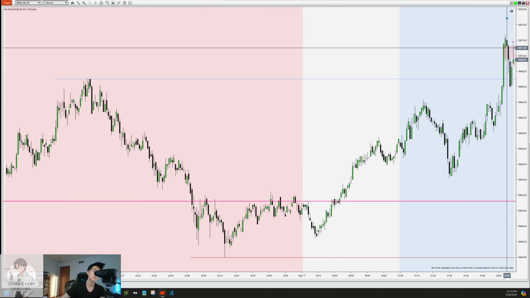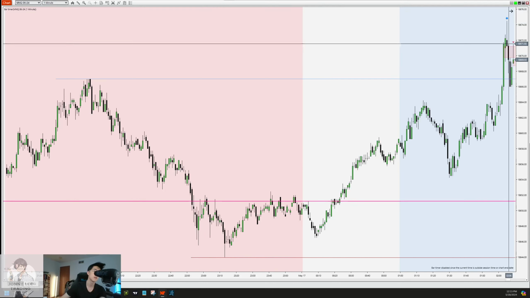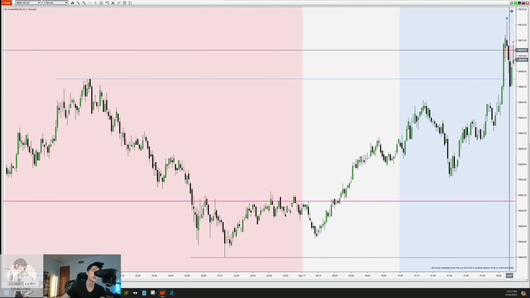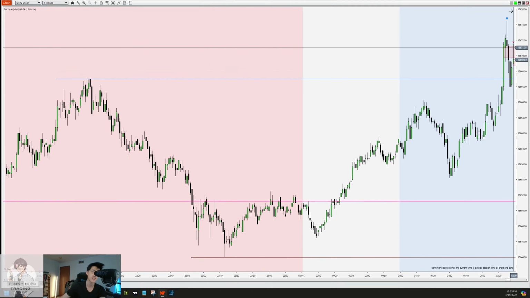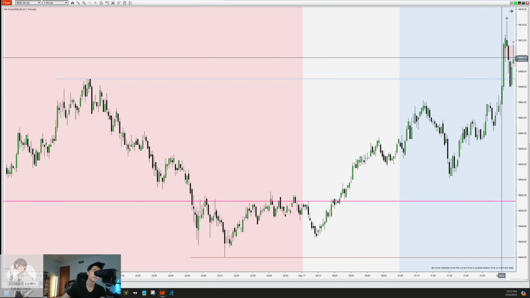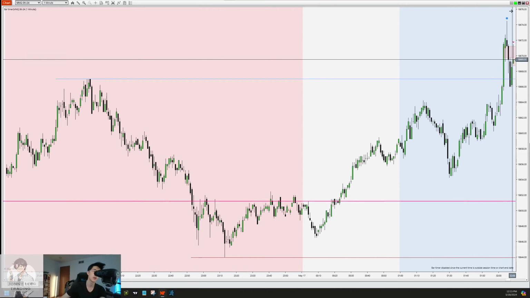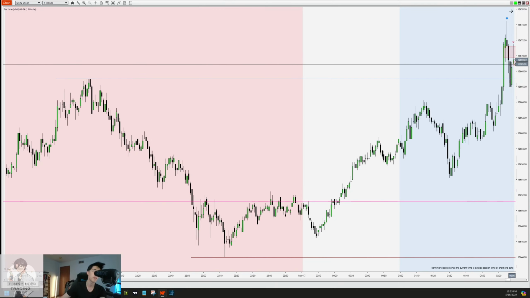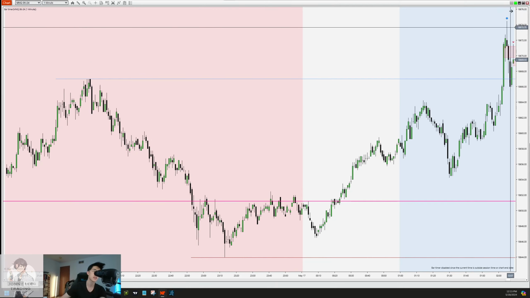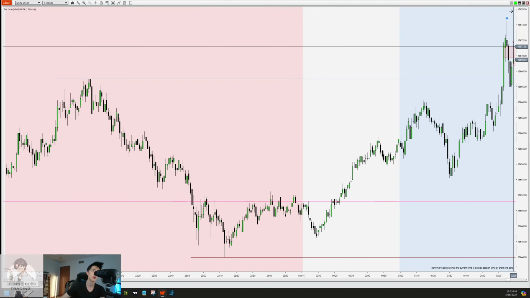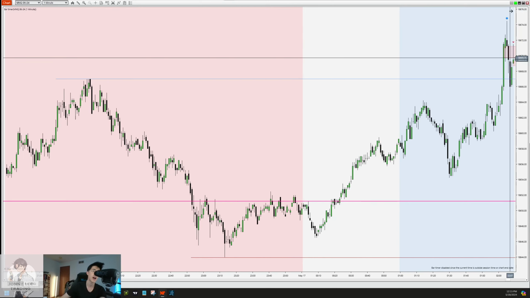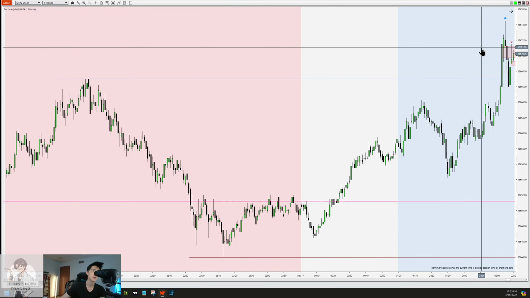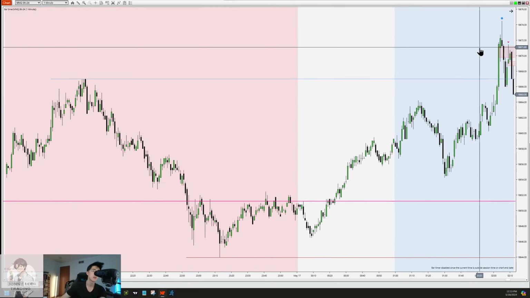Now, you could set your stop loss above this candle, and you would not have gotten engaged on that. But this would have moved too fast for you to set that stop loss, unless you had set it right after this candle formed here with this third candle rising up. So stop loss is here. Sell limit order is here at the low of this sell side imbalance. We see that gets engaged, and we see that